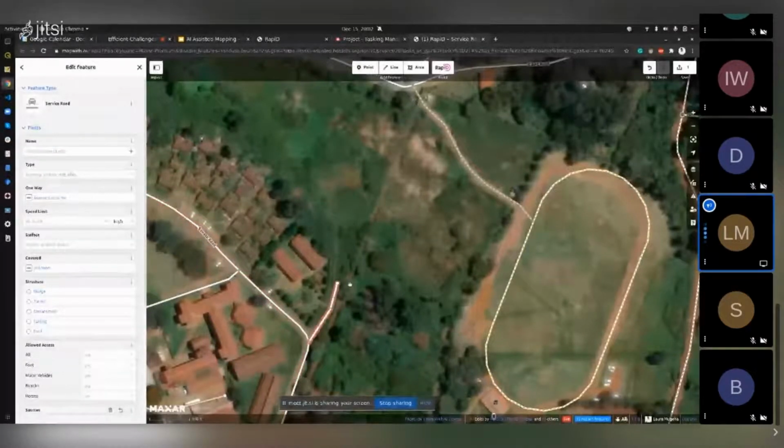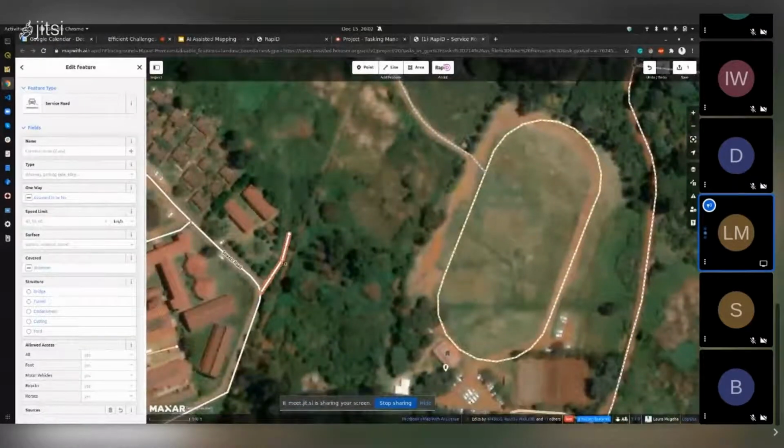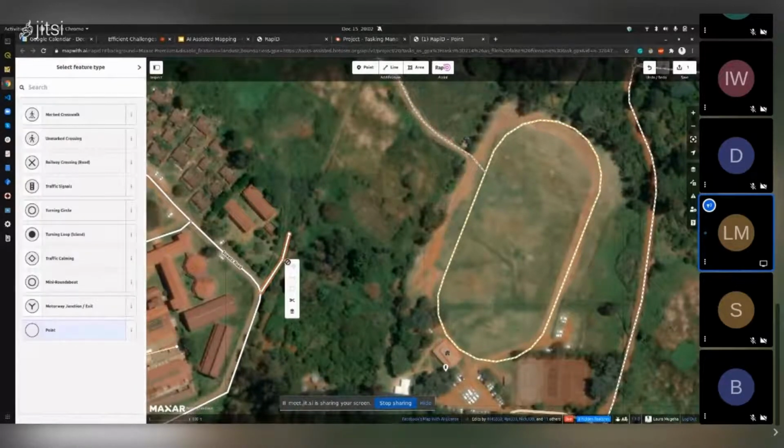So what I'll do is I can see that. Yes, it had identified it as a road. Yes, a road is passing here, but I can see that this corner is a bit